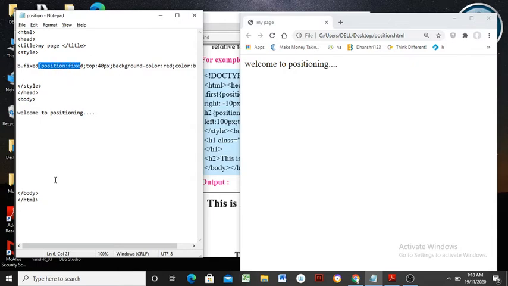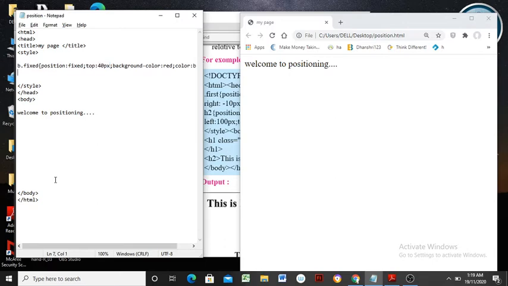Here is the first property with a value: position colon fixed. It means that their position, their location, is a fixed one. You can manage the space and leave a space at the top using the property top colon 40 pixels, which is nothing but leaving a space of 40 pixels. It is possible to apply any number of values; one can reduce it or increase it.